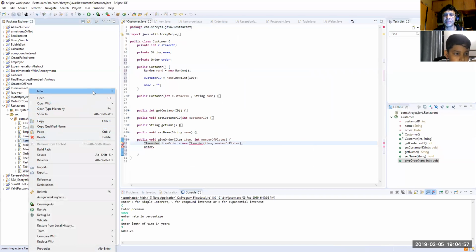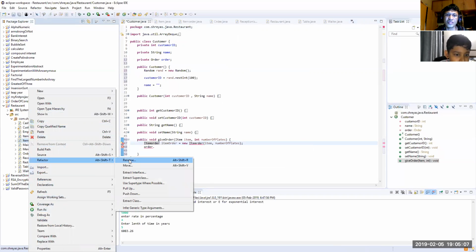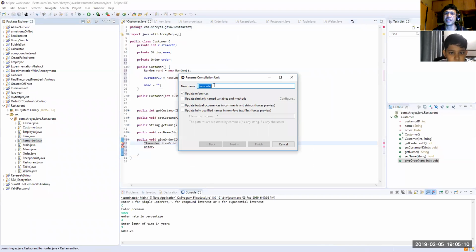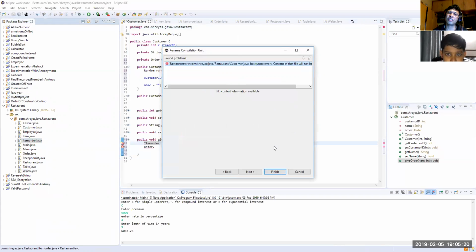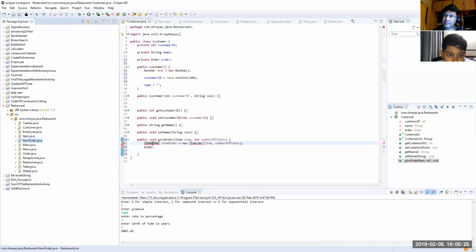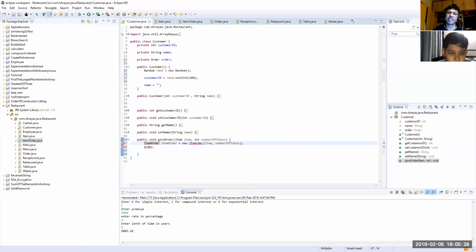Or here O should be capital, I think. Item order. O should be capital. Yeah, that's the thing. Where did it come from? Refactor, rename. Okay, there's some spelling mistake. Item order. Just one. Sure, go ahead. Capital O. Very good. So what is this called, camel casing? Camel casing, right? Yes, that's what I'm doing. Camel casing. Very good. So now see, we will add, in every order, there is a list of item order,